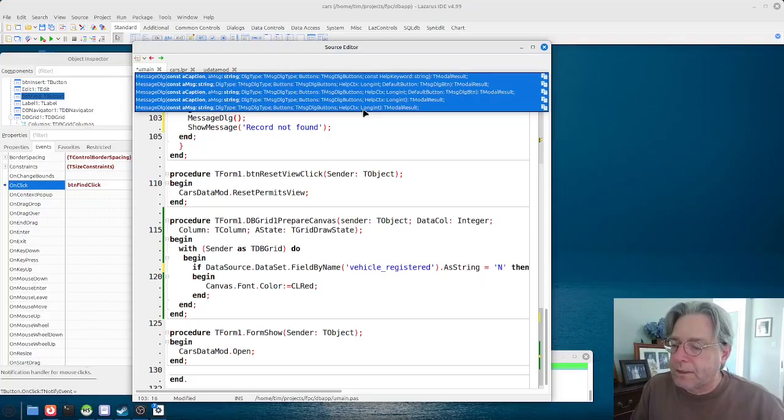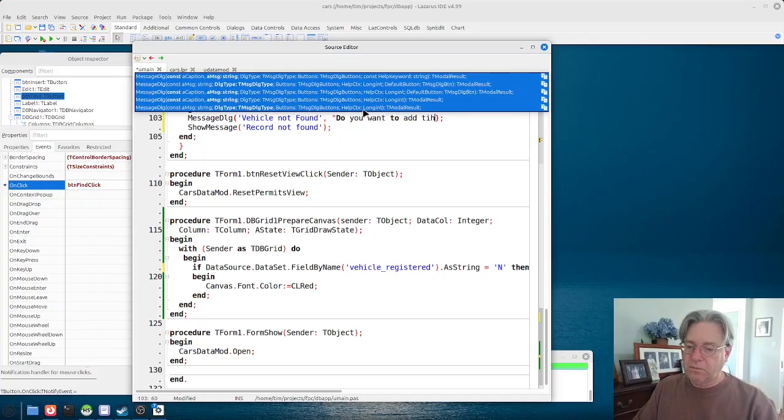So the caption can be, yeah, vehicle not found. And our message will be, do you want to add this